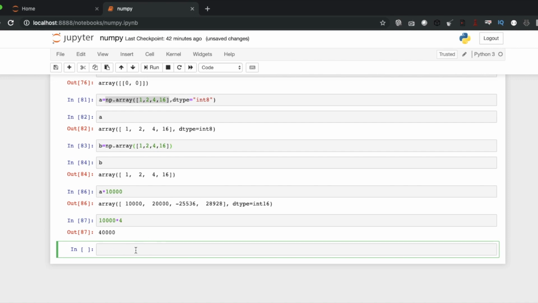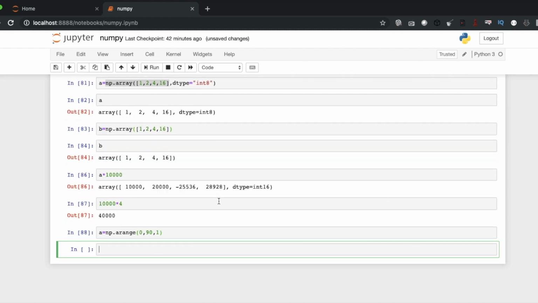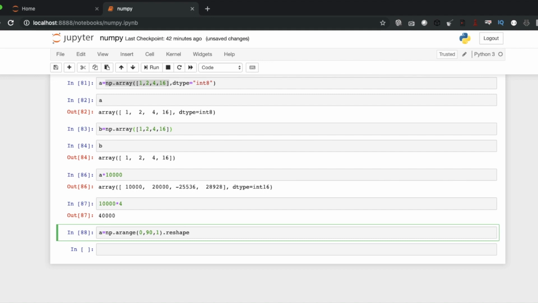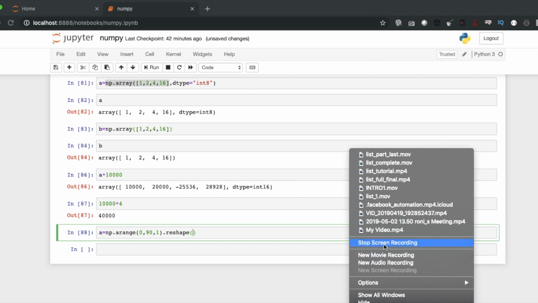Okay, the next thing is that let me first create one array. Range, 0 to 90, and let me reshape it. Guys, I'm just getting a call, so we'll be back in a few moments.